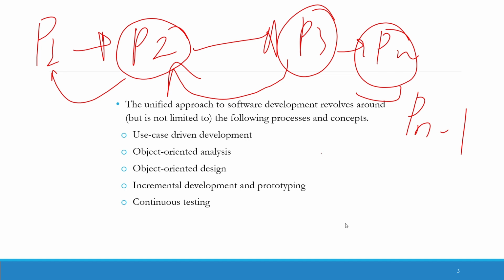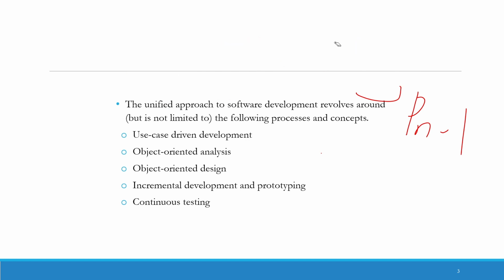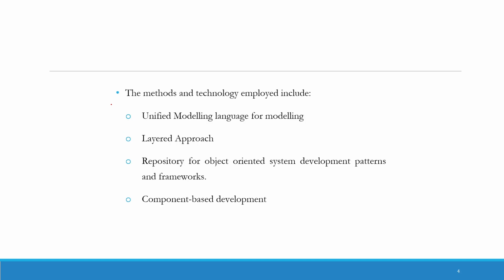The other thing is that there is always testing. Continuous testing is applicable here. When we say continuous testing, every product and every step is tested over and over again. The enabling technologies that we are going to implement here are the Unified Modeling Language, the layered approach, the repository for object-oriented system development patterns and frameworks, and component-based development. We'll see